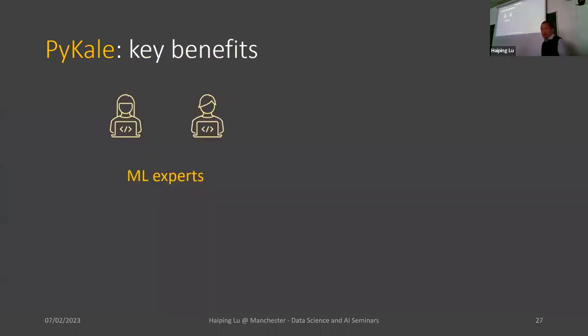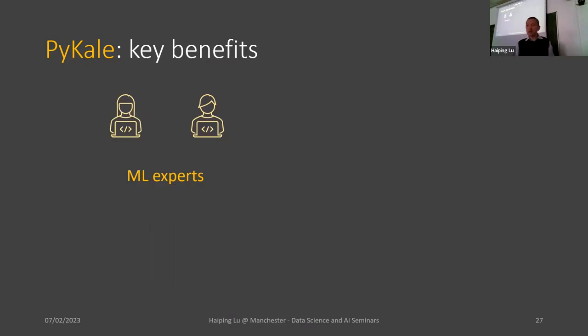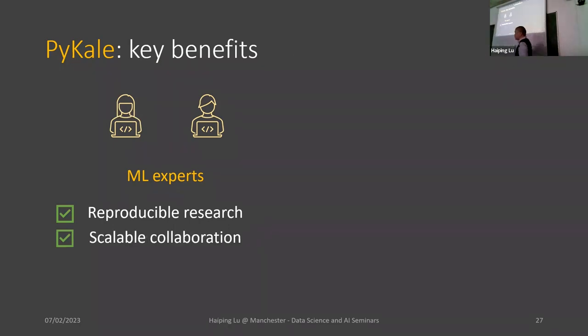Right, so that is a very brief introduction to PyKale, our effort. So we think there are three key benefits for machine learning experts like us. One is that it can help us with reproducibility. For example, those configuration files are very important, right? If you have worked with machine learning, you can see some of the lines have multiple lines, like 5 or 6 lines of parameters, right? So sometimes it's really, really difficult to define. Therefore, you have a configuration file, you put all the configuration into one YAML file and save it whenever you get a result, to make it more reproducible.